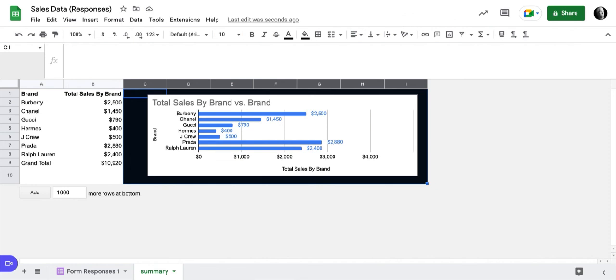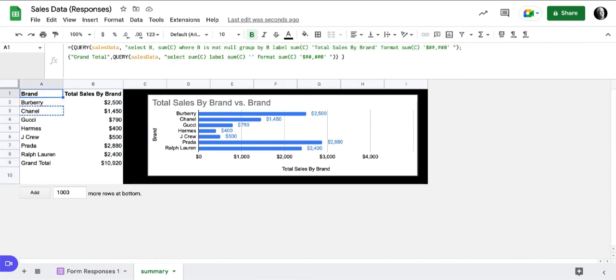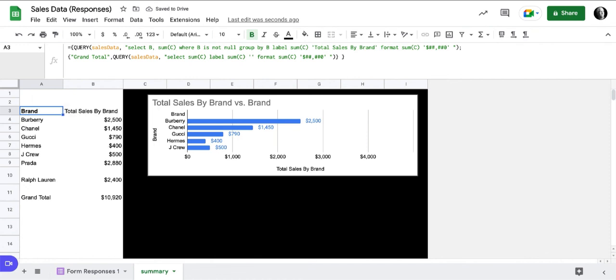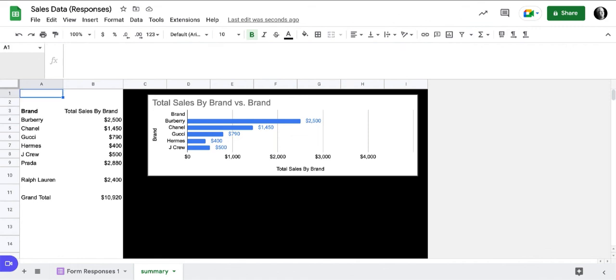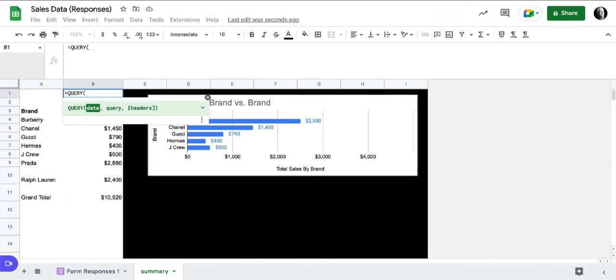Alternatively, we could take this formula here and we could move it down a couple of rows, and it added a bunch of rows there, but let's take a look at that. And what we might do up here then is go ahead and we could put in a query, or I could do equals query, and again, sales data, and select. We're going to select sum C. And we're going to label sum C blank,